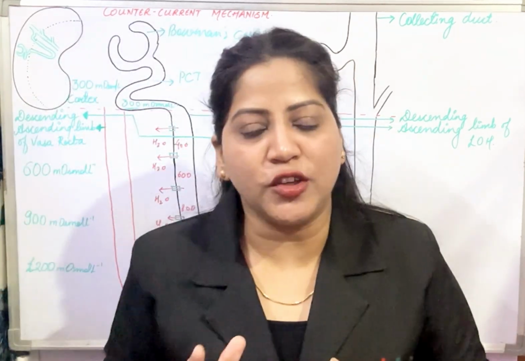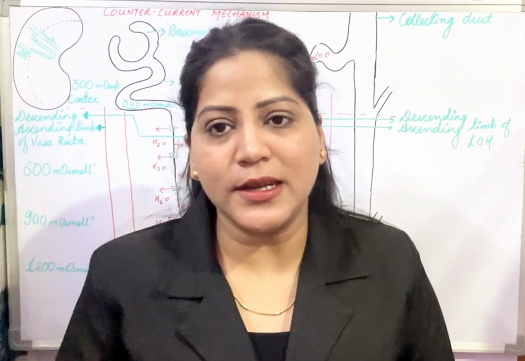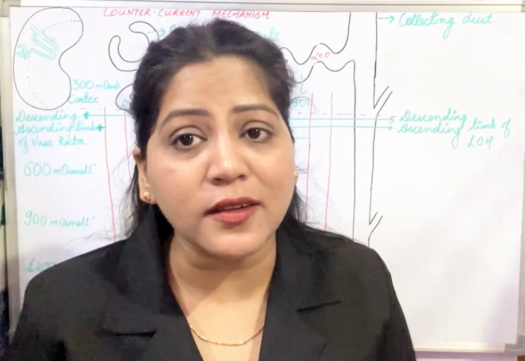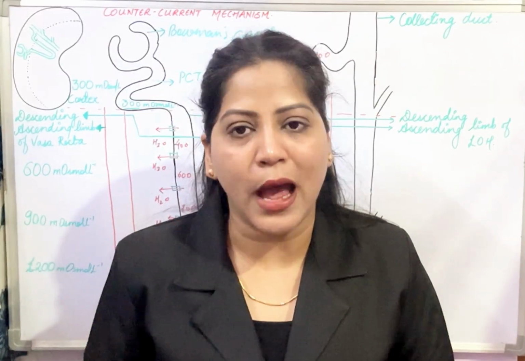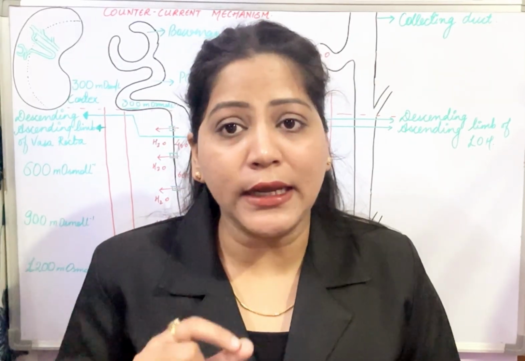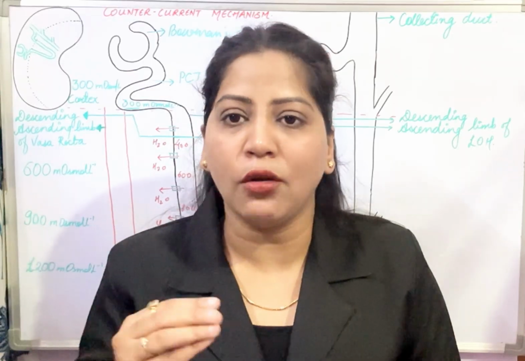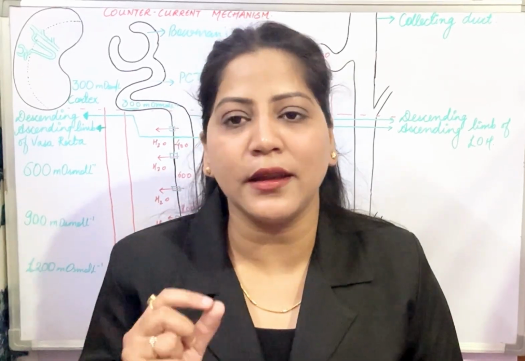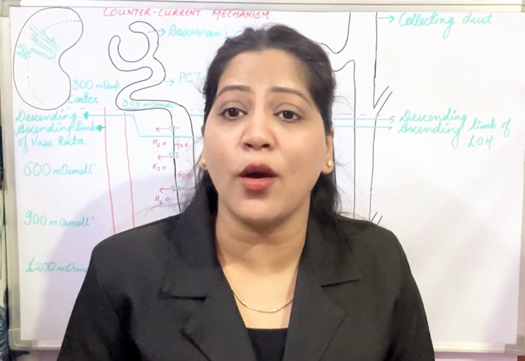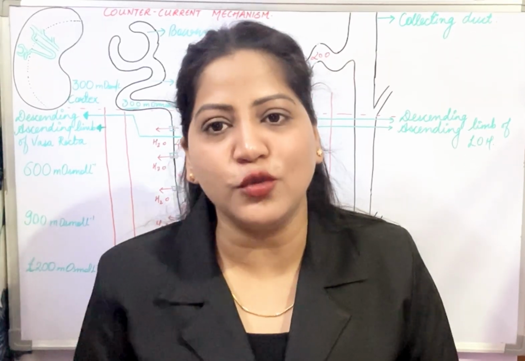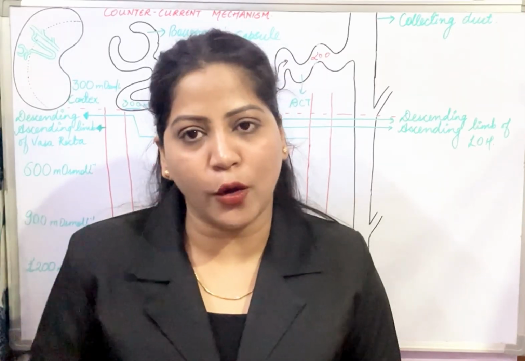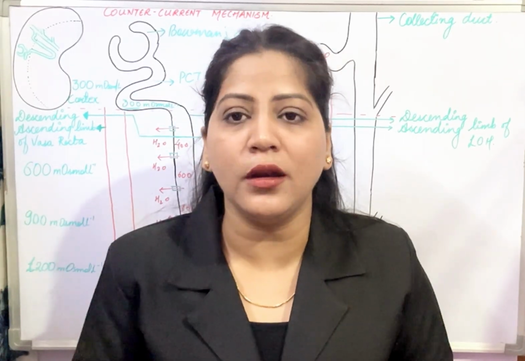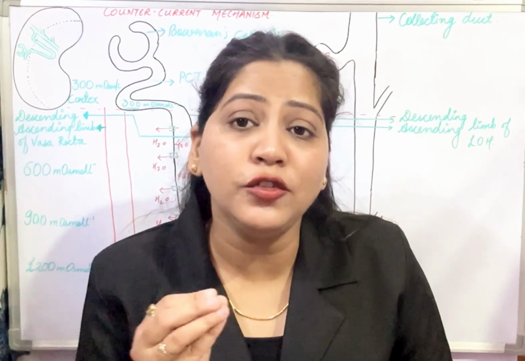Now, observe two situations. One situation is when your body does not have an abundant amount of water, or there is a scarcity of water in your body. What will happen? There is a hormone called ADH, anti-diuretic hormone, or vasopressin. This hormone is synthesized in the hypothalamus and released by the posterior pituitary gland. In the condition of scarcity of water, ADH will act on the collecting tubule.